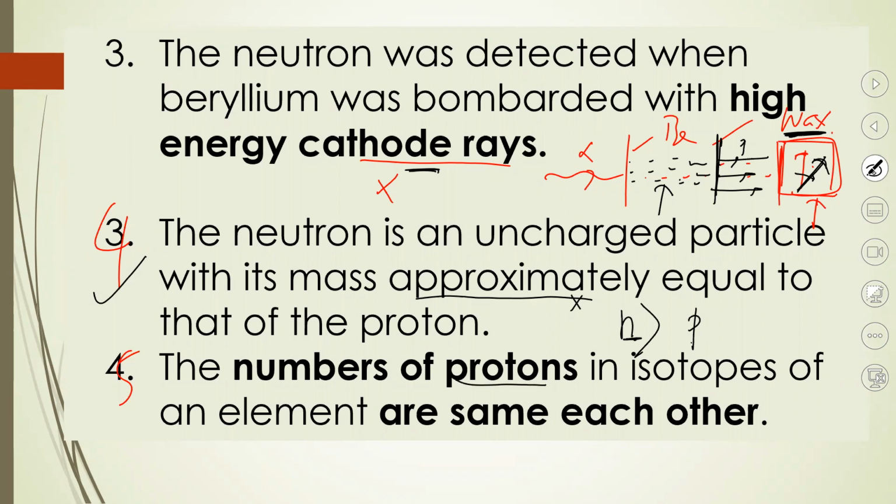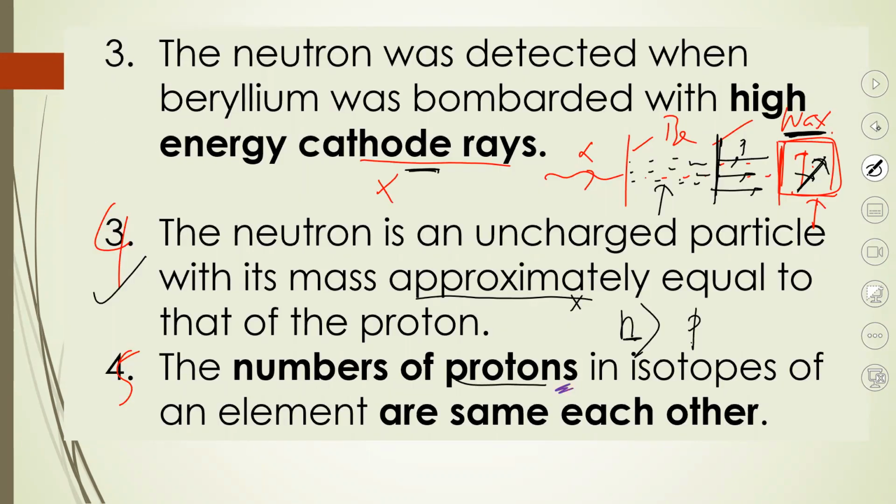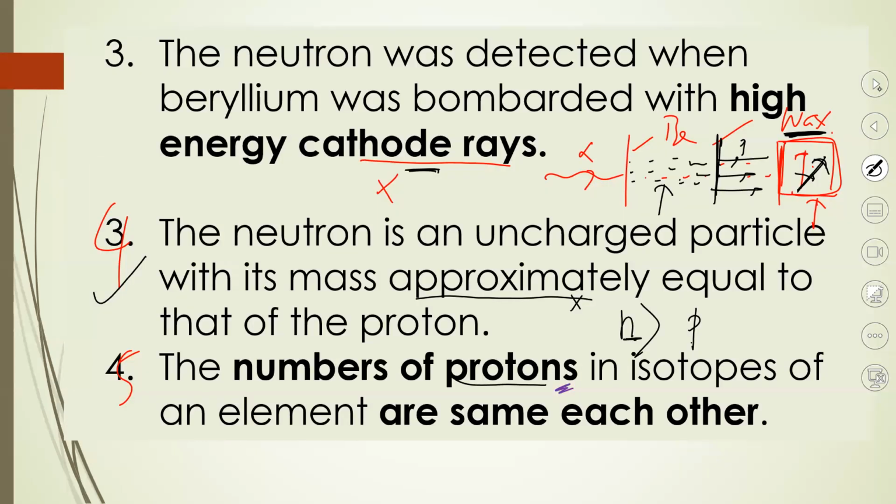That is how it is mostly identified and used nowadays for atomic number. Proton numbers are used as atomic number. It is unique, so the answer is the third one. Fourth one. Now let's go to the next question. Okay, we have already discussed the 11th one. Now we have to move to the